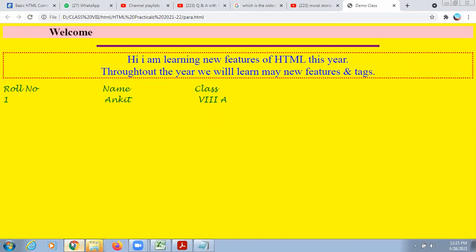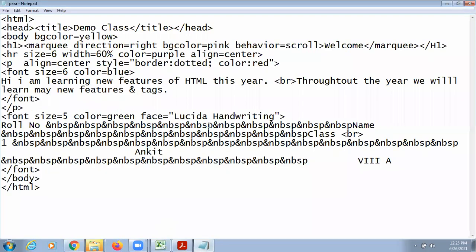Text is coming from the left hand side and going towards right. It's scrolling towards right. And when the end of the page will come and the text will disappear, again it will start coming from the left hand side. This is scroll.